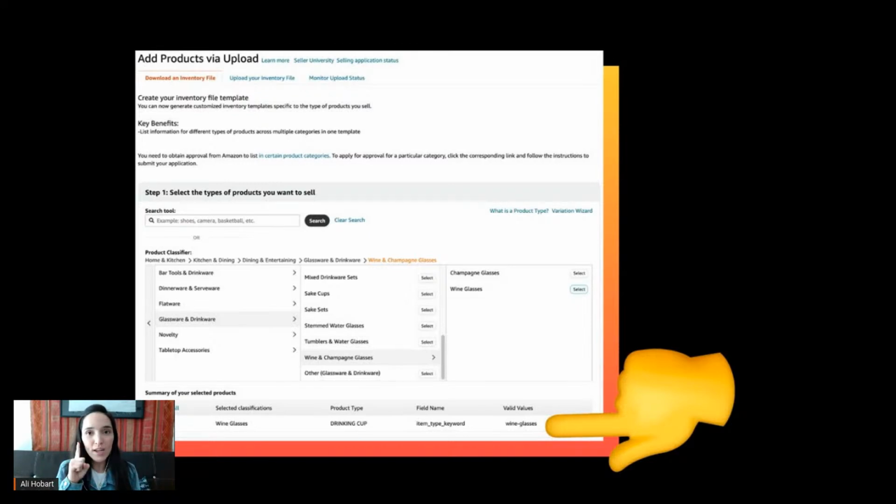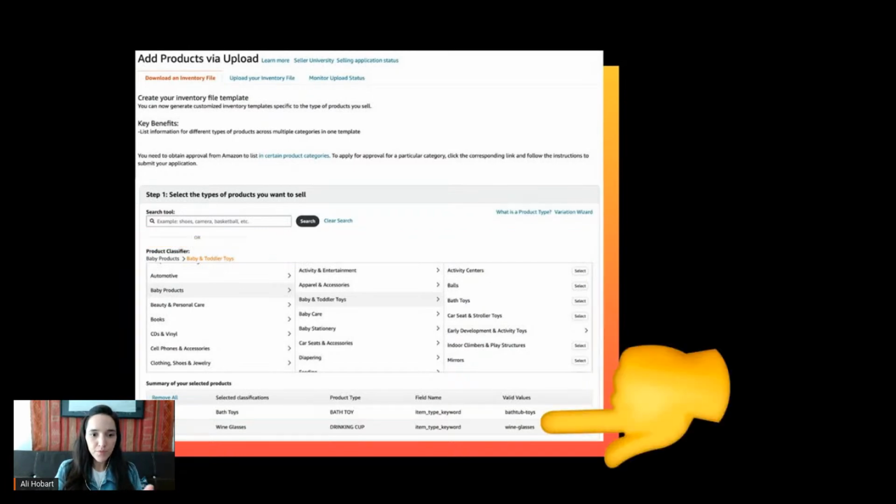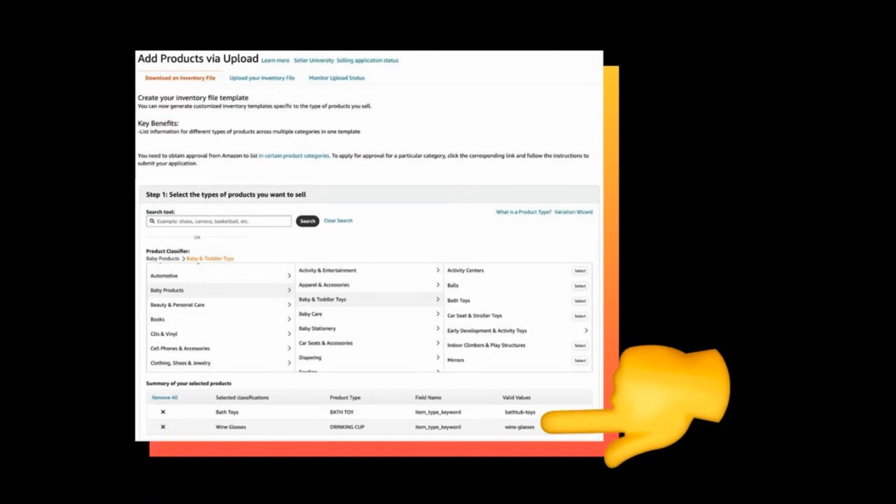And you can do this process, as I mentioned, for several categories. You can use just one flat file and upload listings, edit listings across multiple categories. And all you need to do is, in this step right here, just keep searching for the next categories that you want added in the flat file. So, for example, if you do something completely different, like, what was this? Bathtub toys, then it's going to show up here, all in the summary. You can do multiples, but for the sake of time, we're just going to do one for this presentation. But as I said, you can do multiples, and you're just going to keep seeing that list grow.